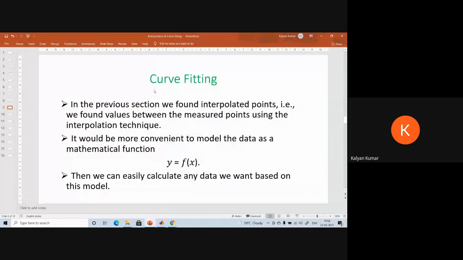Next method is curve fitting. So in the previous discussion, we have seen that whenever we have two sets of data, if you want to know the estimated